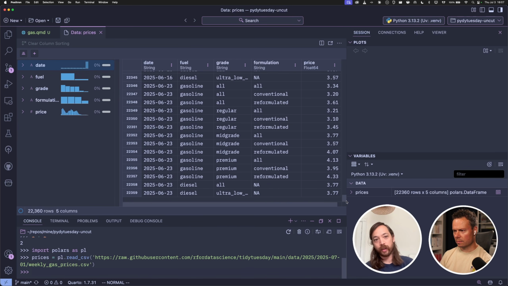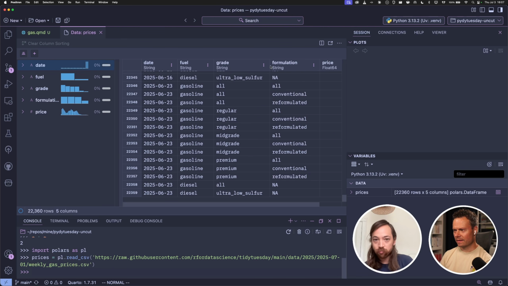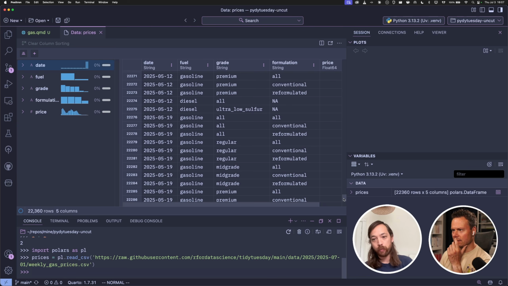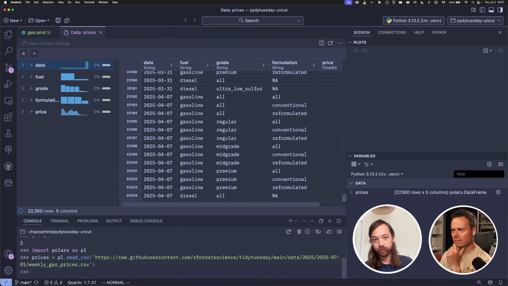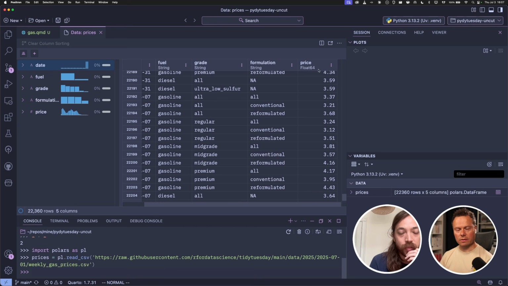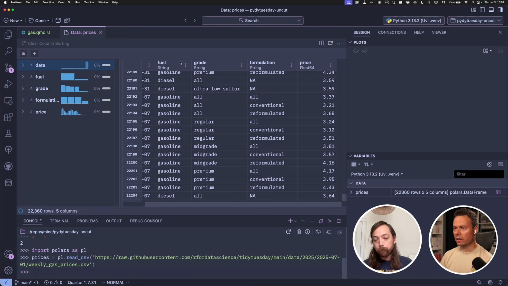Like a line using date colored by formulation or something, just to see date by price colored by grade or formulation, maybe just to see kind of what we. Yeah, it's a combination of things. So price should obviously be on the y-axis and date should be on the x-axis. And then these 3 columns here in the middle,